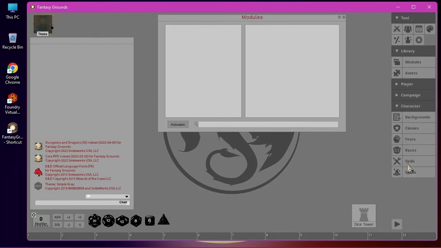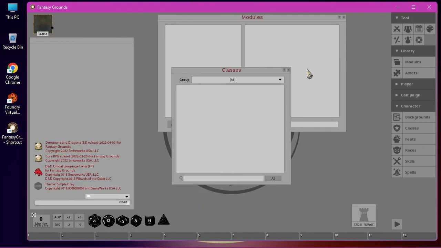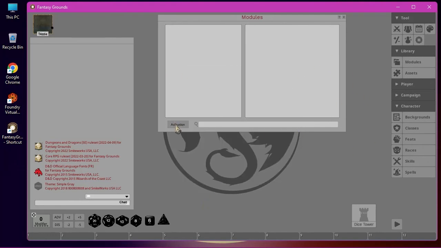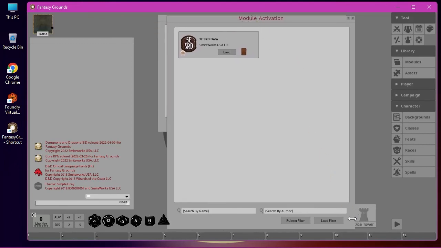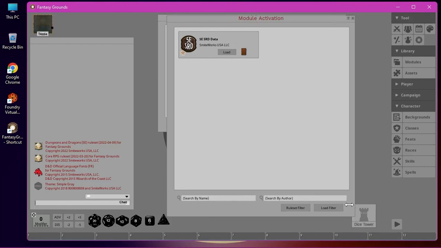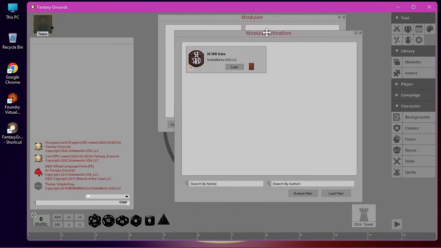If we go look at, for example, character and go look at classes, you can see it's completely empty. If we go ahead and click activation, now any modules that our GM is sharing with us will be made available here. Now, if you actually are running a non-free version of Fantasy Grounds, you might also have other modules in here that are local. The way you can usually tell if they're local or if they're being hosted remote is you get this little tiny web icon right here saying that it's being shared through the web. So once we've done that, we can just simply come in here, click load. This little book will turn to an open icon to tell us it is now loaded,